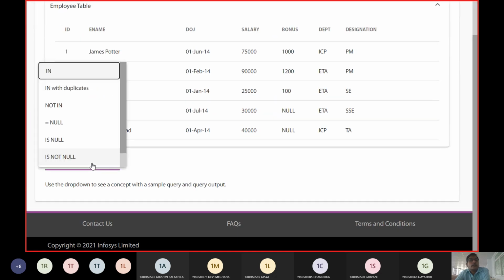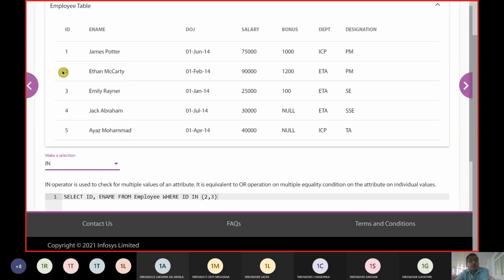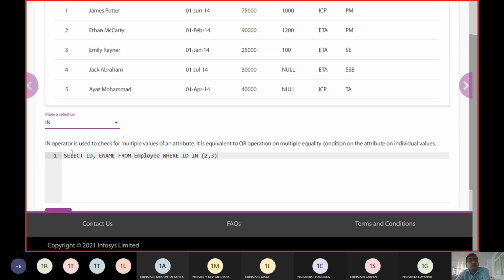Another way of using where is the in clause. In is operated to check for multiple values of an attribute. It is equivalent to multiple equality conditions, or conditions on individual values.